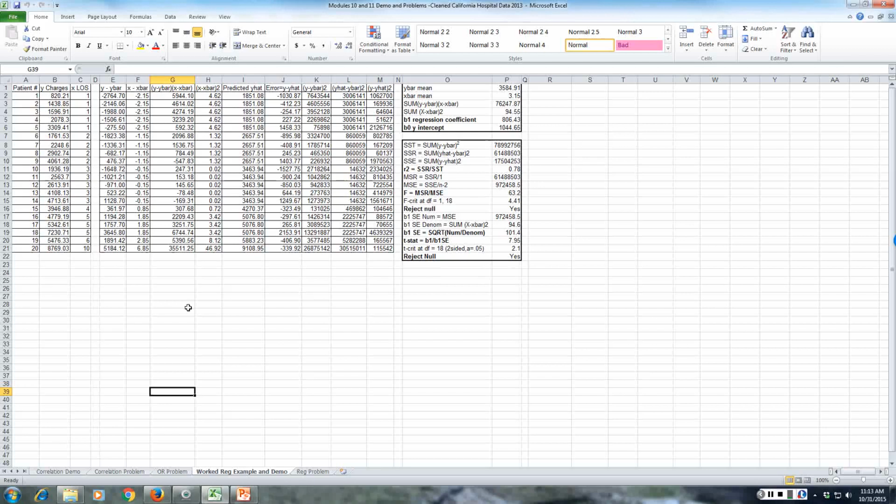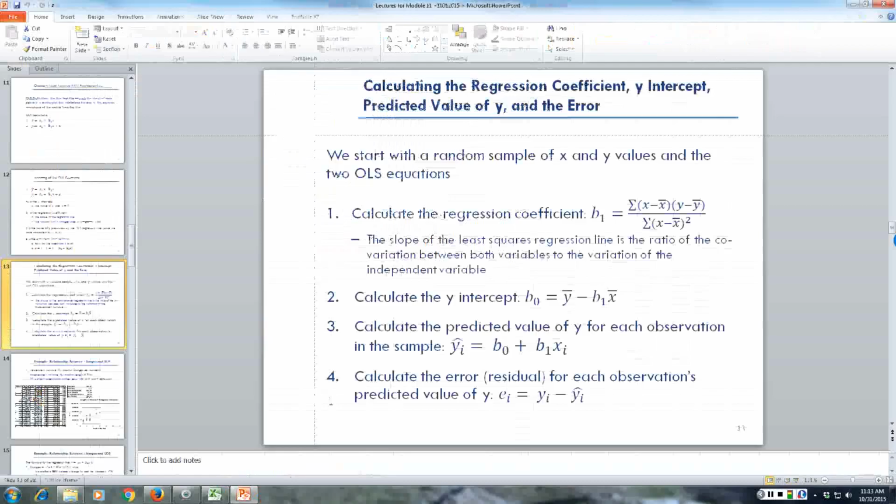Welcome to the workshop component of Module 11, and here I'm going to walk you through in Excel doing linear regression and covering some of the main measures that we discussed in Lecture 1 and 2 and that will be in your assignment. And so if you remember from Lecture 1, we have these measures that I showed you in the PowerPoint slide of